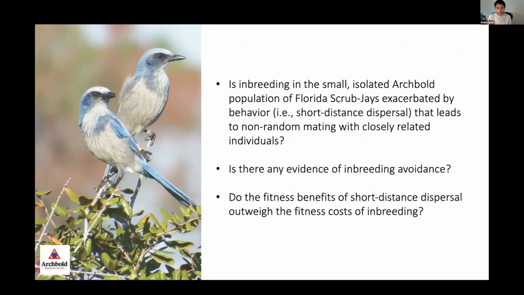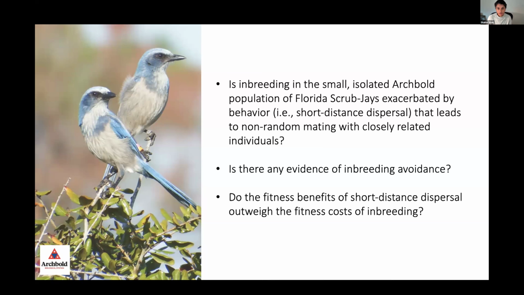So for this project, I'm interested in asking the following questions. The first question is: is inbreeding in the Archbold population exacerbated by behavior, specifically by short-distance dispersal, because that might lead to non-random mating with closely related individuals? Second, is there any evidence of inbreeding avoidance? So if they're not dispersing too far away, do they in addition have some sort of strategy to avoid breeding with closely related individuals? And lastly,